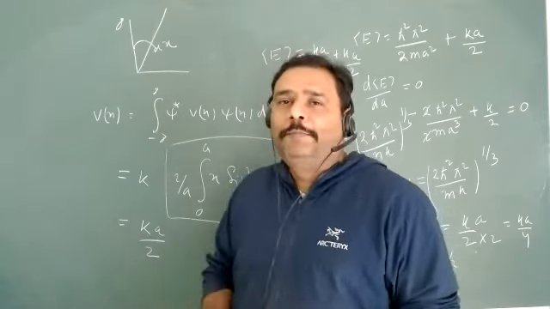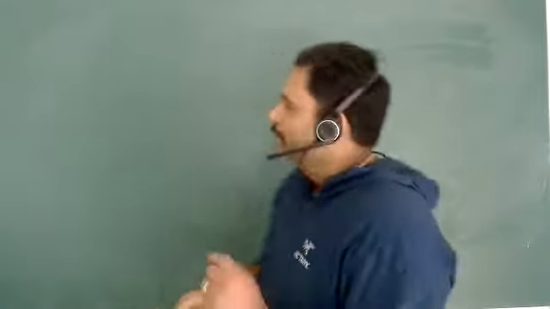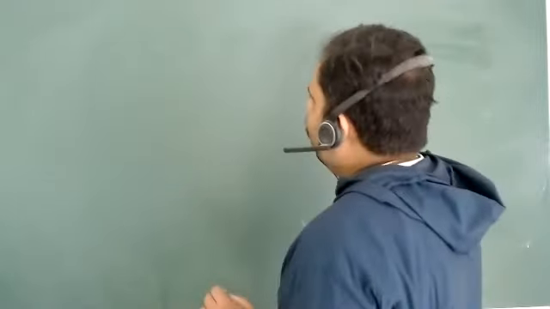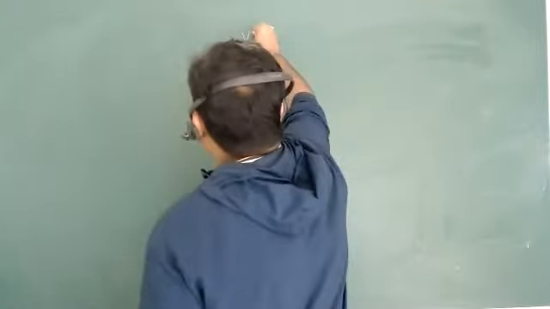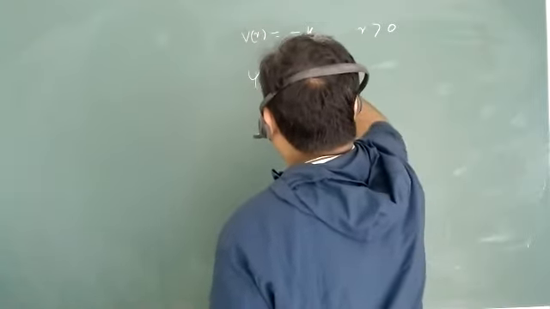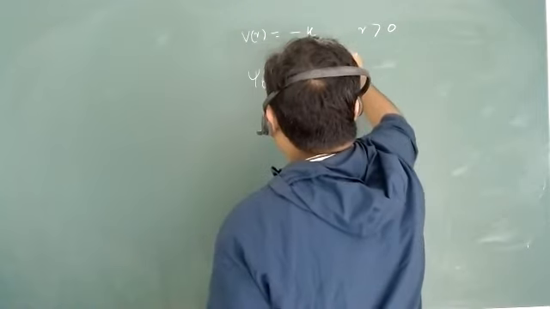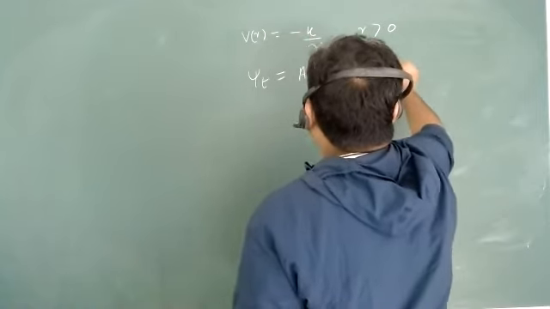Now, this is your homework. Okay, 2 questions I will give you as homework. The first question is, what is the potential of the hydrogen atom? Let's say minus k by r, and r is greater than 0. What will be your trial function? The trial function is A e to the power minus alpha r square, where r is greater than 0, and 0 otherwise. Okay, this cannot be 0.